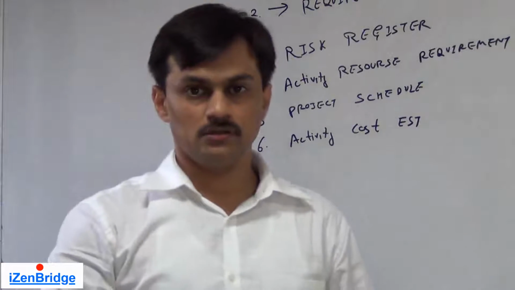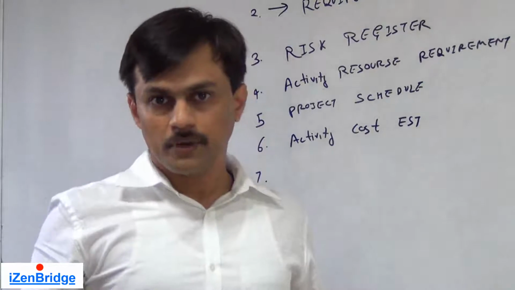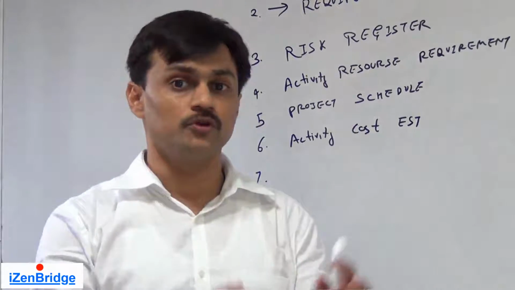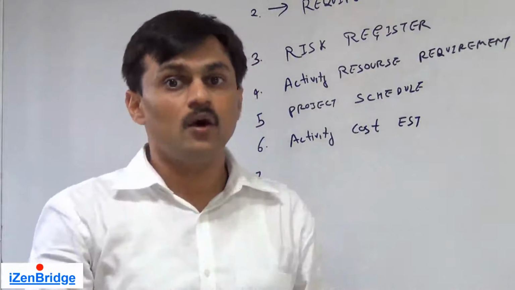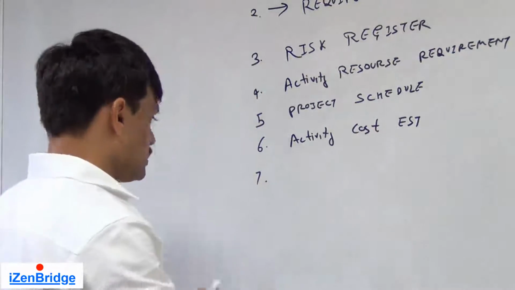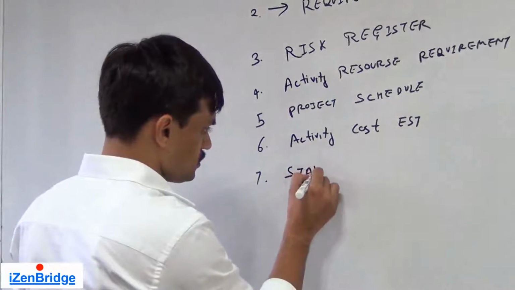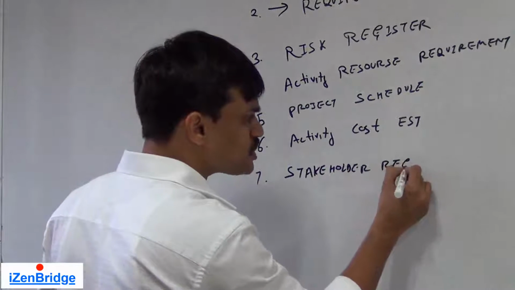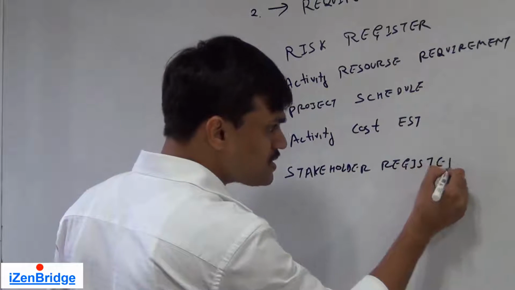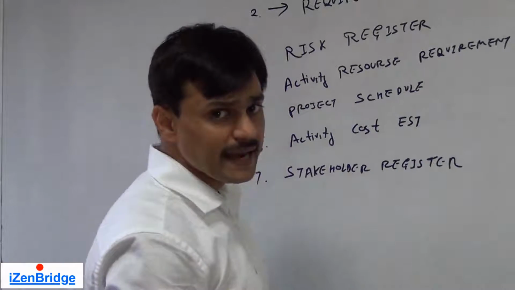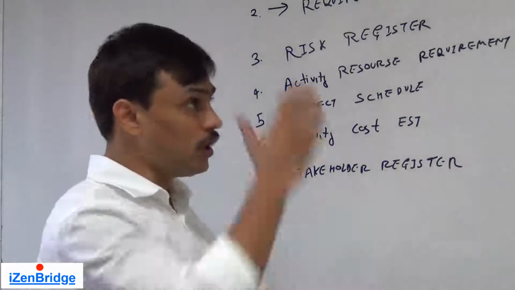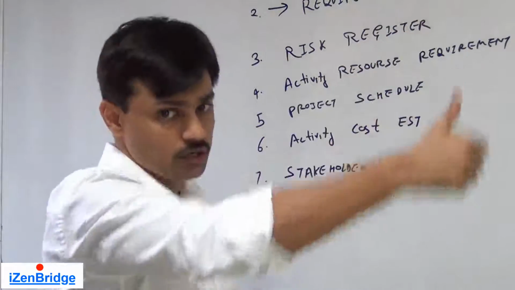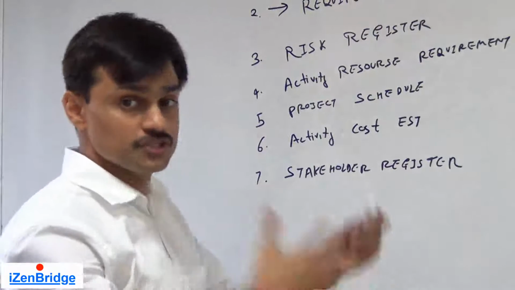Now we cannot avoid stakeholders, because they may welcome the procurement and they may object to the procurement of some of the work packages. So we need to look at the stakeholder register. We take the stakeholder register so that we can meet the respective stakeholders and get their views on our procurement management plan and procurement statement of work, which is a primary output of this process.